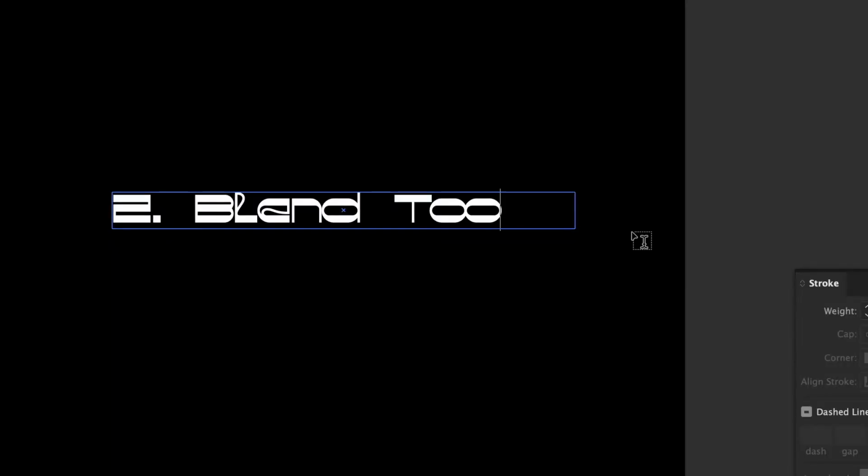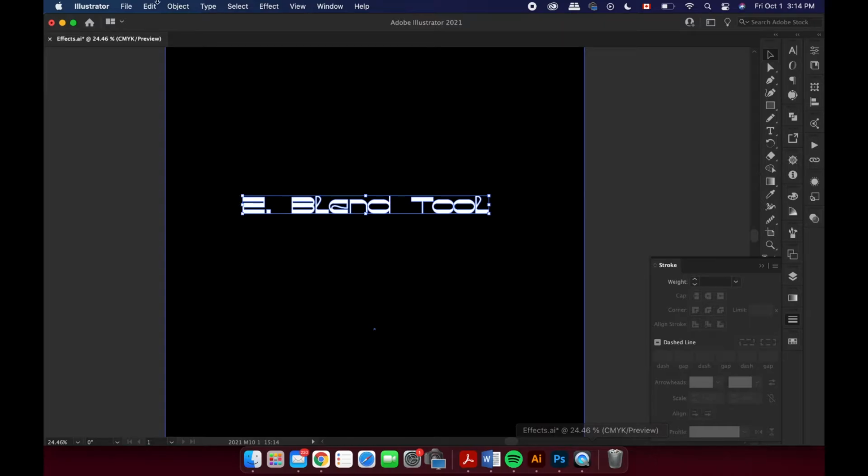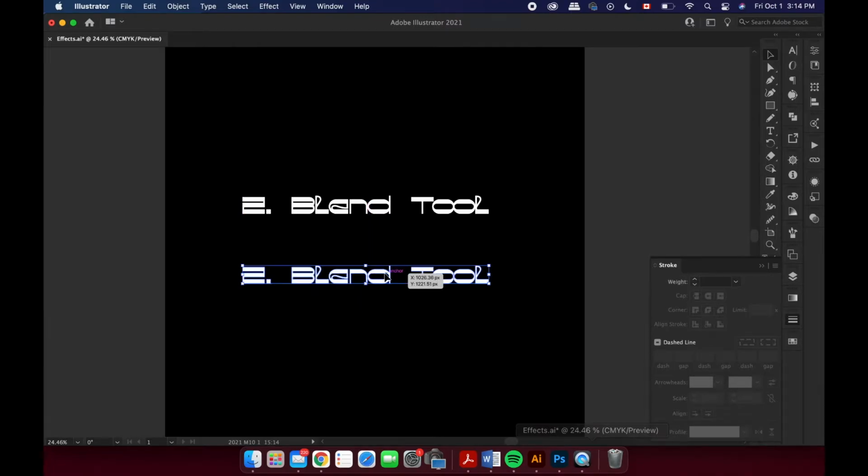Number 2, the blend tool. Now the blend tool is a tool that you can find in the objects panel, but before that, make sure you create an outline. If you're using a text like myself, you can turn it into an outline so the effect will actually work. So once you do that, make sure you make 2 of the text boxes, so like